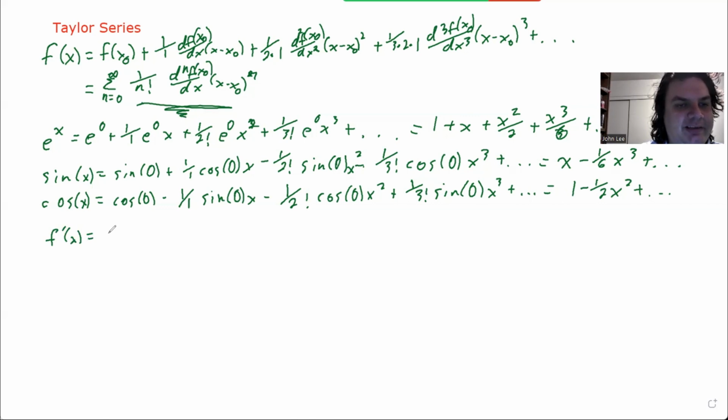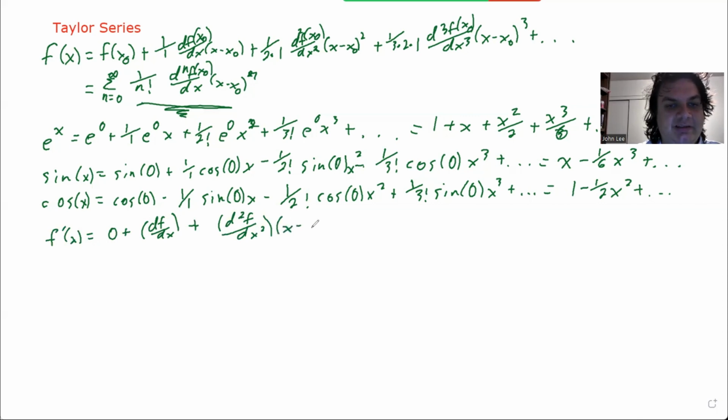So f prime of x equals 0 plus df dx times 1, plus d squared f dx squared times (x minus x naught)